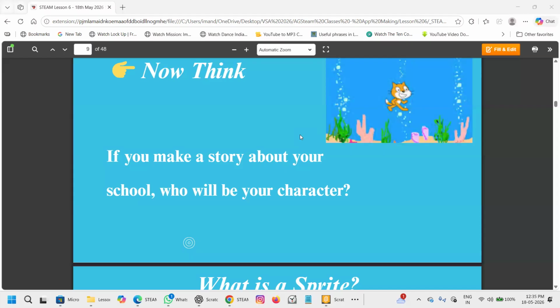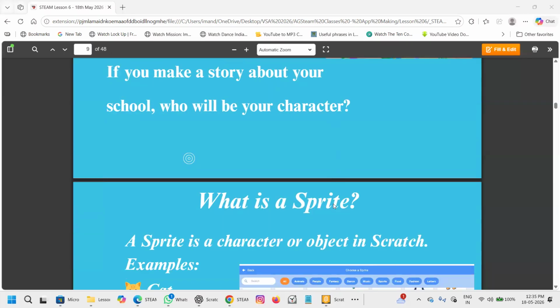Classroom can be the background, but if I want the classroom to be the character, where will I put the classroom? In the school. The school is the place. I'm taking the classroom as a character. Understood? I'm only showing one room. The school is the background. And yes, you got it. Yes, good.